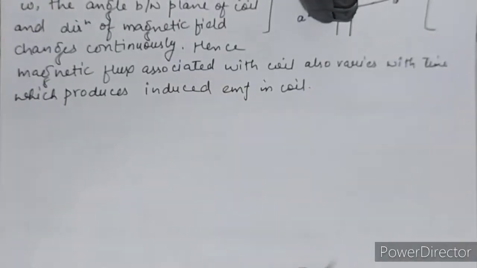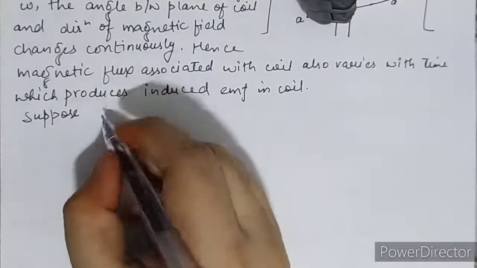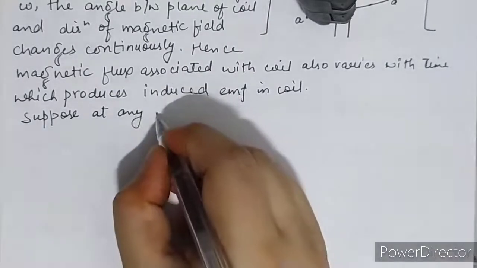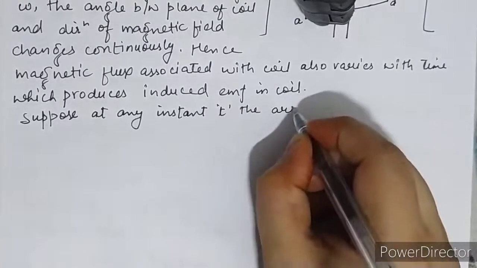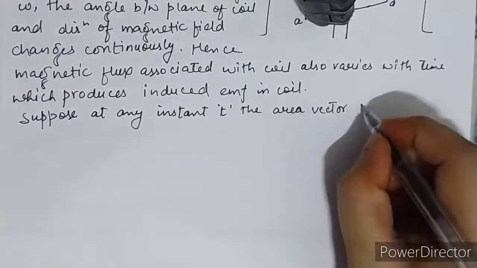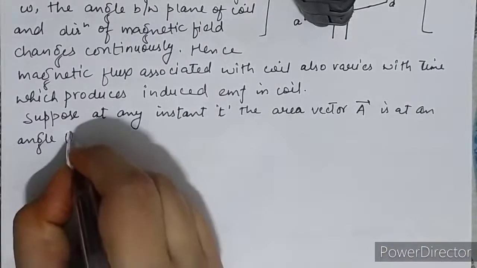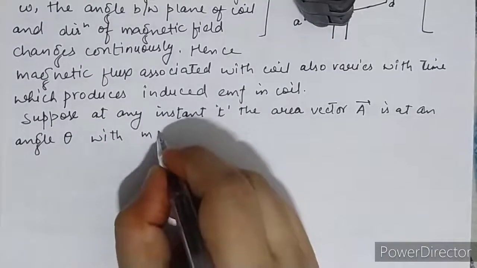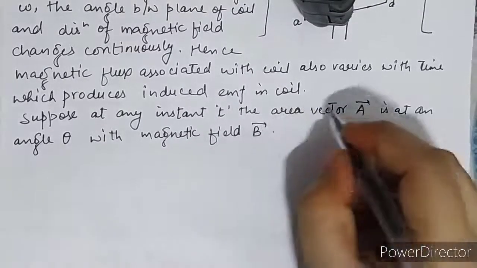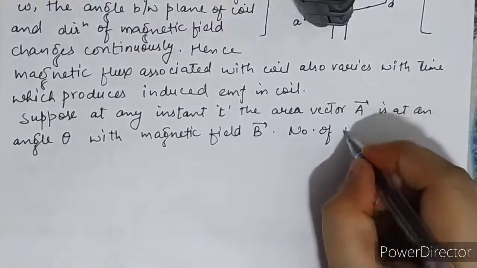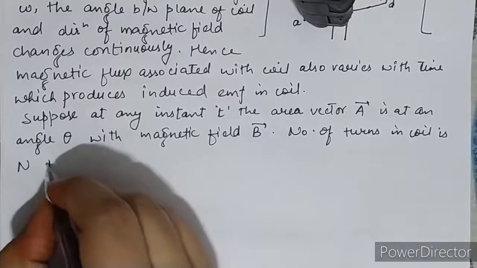So suppose at any instant t, the area vector A is at an angle theta with magnetic field B. Number of turns in the coil is N, then